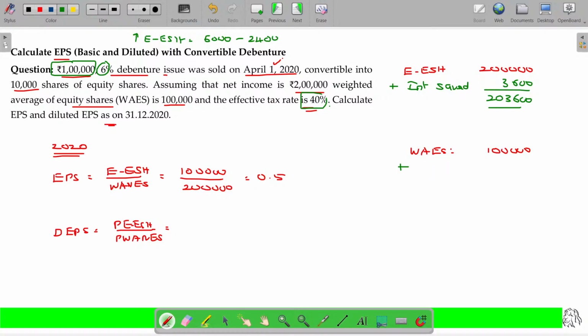What about the change in equity share capital here? The debentures are converted into equity shares. Now after this conversion, the equity share capital will increase by another 10,000. So now the new total number of equity shares being 1,10,000. Potential earnings available to the equity shareholders being 2 lakhs 3,600 divided by potential weighted average number of equity shares here being 1,10,000. Then the ultimate value being